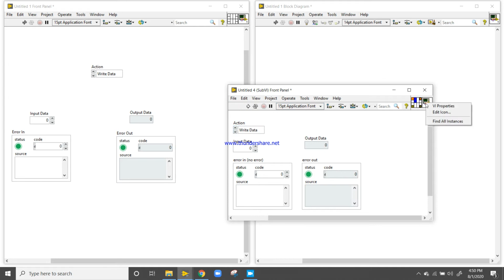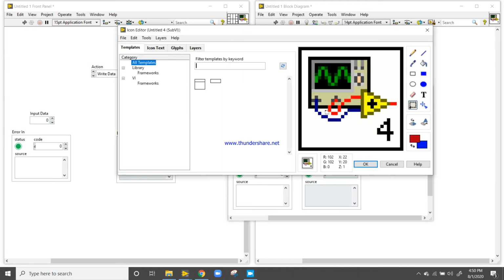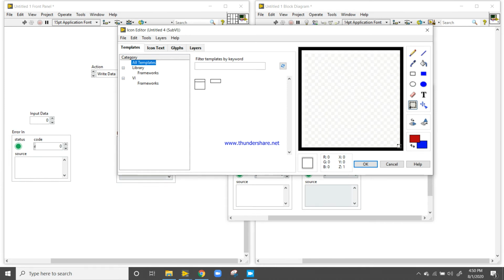Right click here, come to the edit icon, click on the edit icon, select and delete the icon completely. Now come here and try to write. I am trying to write A P P.